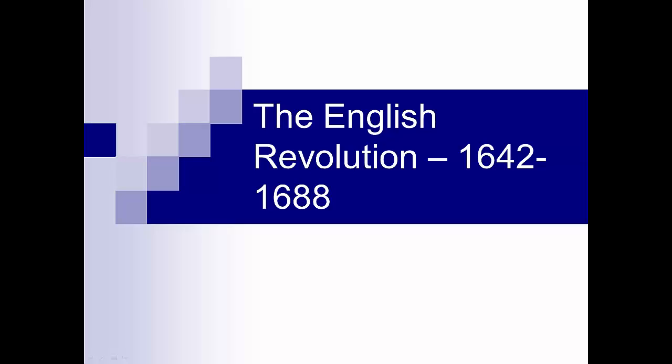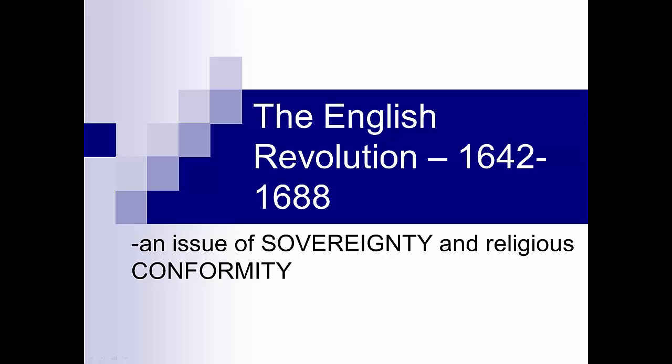This was an issue over where sovereignty was vested, or the ultimate authority in an area. Was sovereignty in England with a monarch or in Parliament, and what would England's religious future look like? Our question for today was which was the main cause? To help answer this question, we must look at what was created at the end of the Revolution, which was